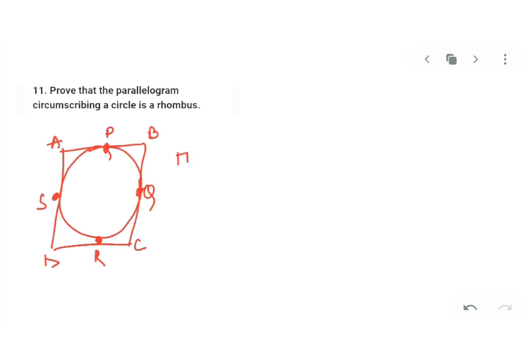So I will write given is ABCD is a parallelogram. It is given. And you have to prove that it is a rhombus. That means you have to make all sides equal. If the adjacent sides you can make equal, that means it will be a rhombus. Shall we start? Okay, if it is a parallelogram, you can say that opposite sides are equal. Okay, so I can write AB is equal to CD and AD is equal to BC.